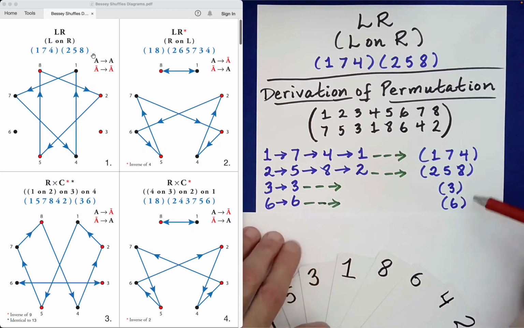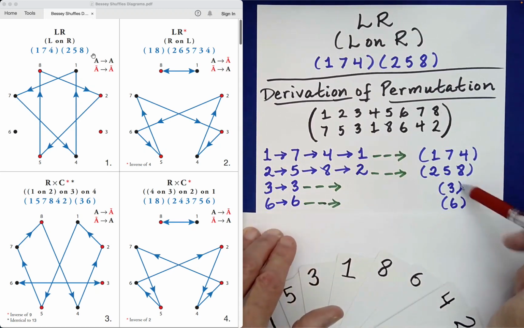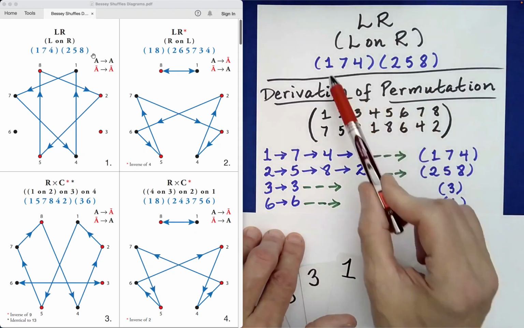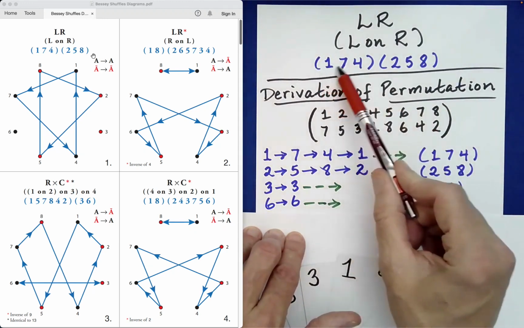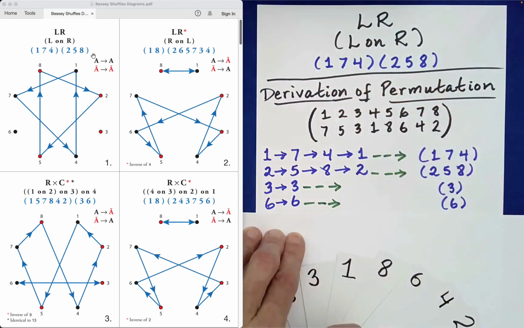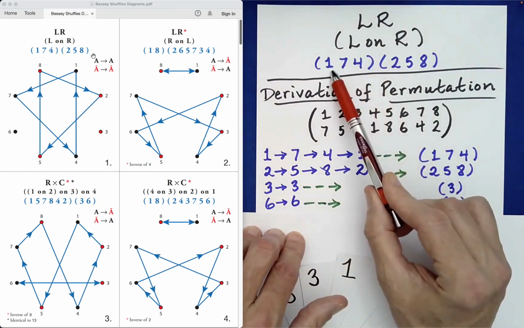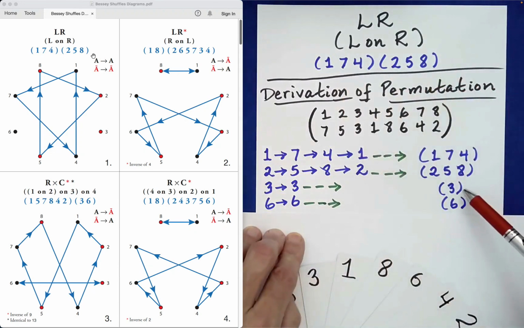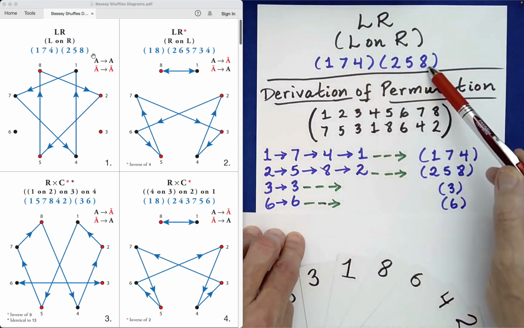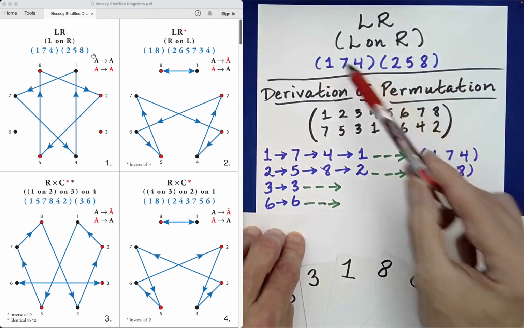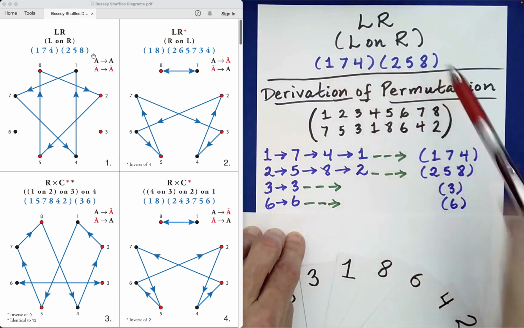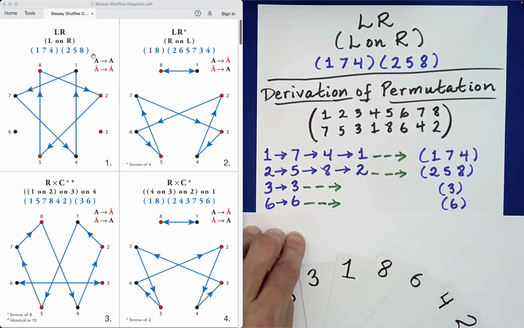Now, ordinarily, these 1-cycles, as we call them, are not necessarily included in the cycle representation of the permutation, provided that the context is clear regarding the size of the set you're working with. So as long as we're clear on the fact that we're looking at 8 objects, we can safely drop these. And because a 3 is not present, it's assumed to be a fixed point, which it is. And because a 6 is not present anywhere in these parentheses, it's assumed to be a fixed point,